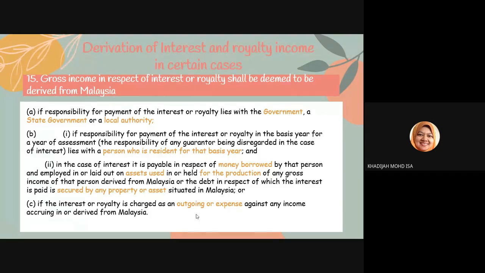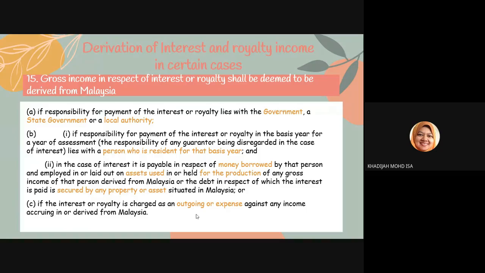If the Malaysian company is not resident, that is possible, yeah? If it's not resident, then you are not subject to tax. The Taiwan company doesn't have to pay tax on the interest income. But now you have fulfilled number one only. For interest to be derived in Malaysia, not only must the payer be a Malaysian resident company, but the Malaysian company must also use the money borrowed from the Taiwan company for the purpose of an asset used in the production of income,